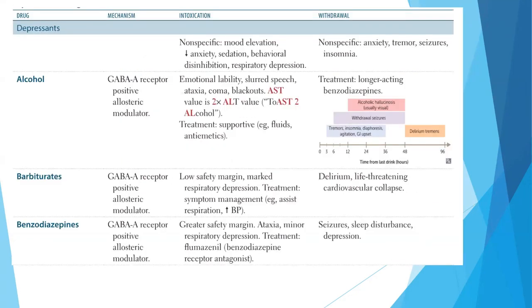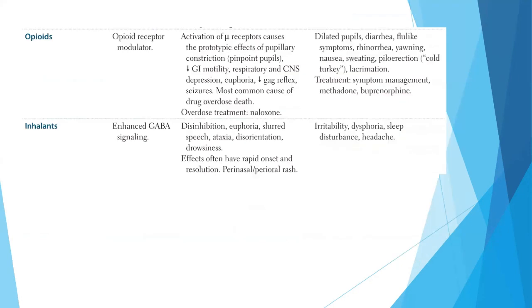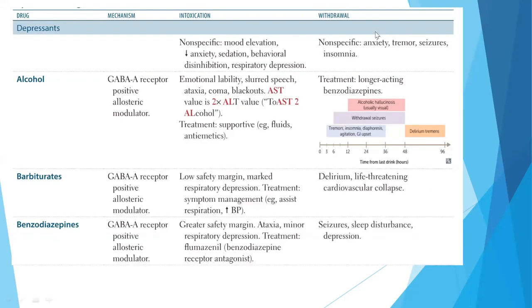So there are some different substance use disorders which are commonly asked in the examination. Depressants are one class of substances. If there is intoxication, there may be nonspecific symptoms like mood elevation and decreased anxiety, sedation, behavioral disinhibition, and respiratory depression. These symptoms are common in all the depressant substance use disorders. And in case of withdrawal of the depressants, there may be general symptoms like anxiety, tremor,